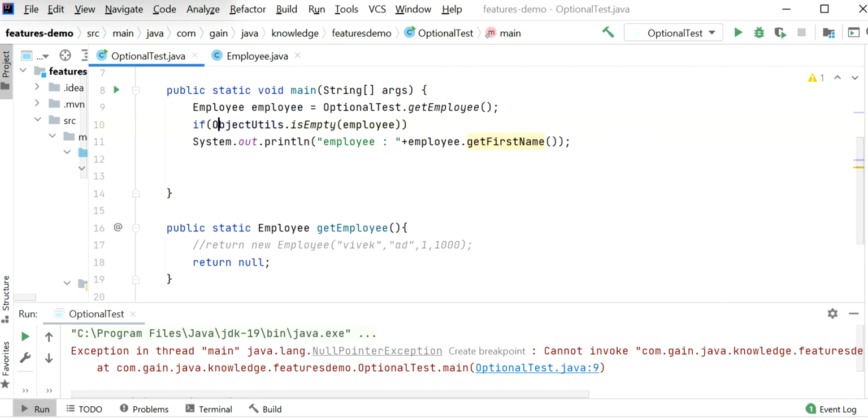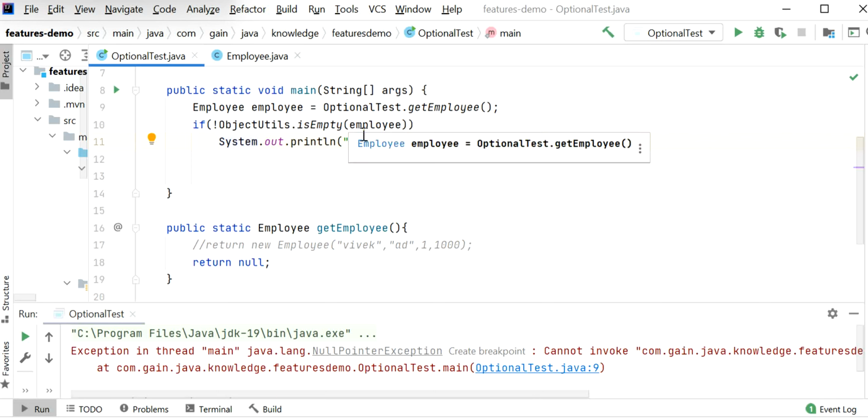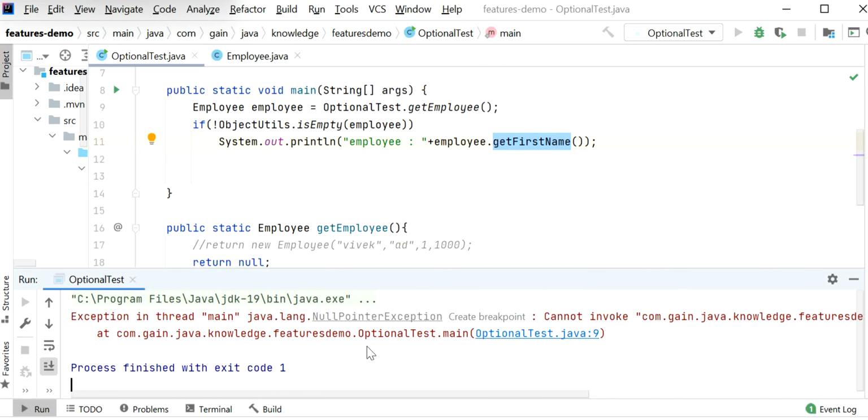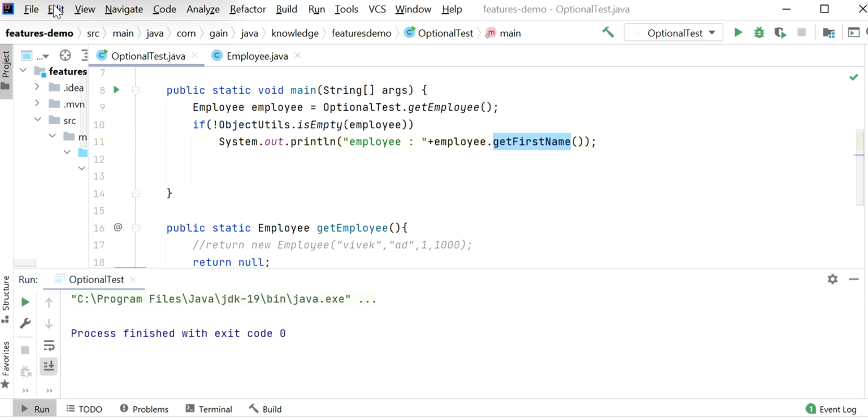If it is not empty, then only I will call getFirstName. This function will check if it is not empty or not null, then only we will execute the getFirstName method. Here we can see it will not throw any NullPointerException. So this is the part of code without using Optional.